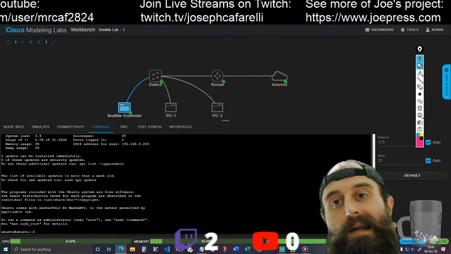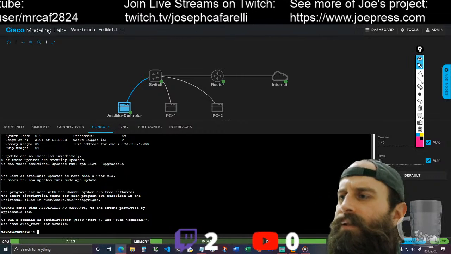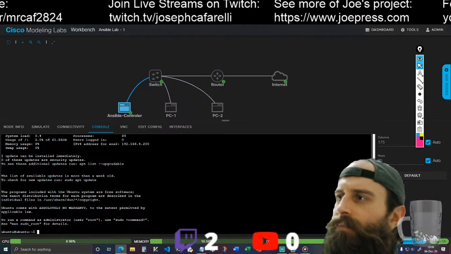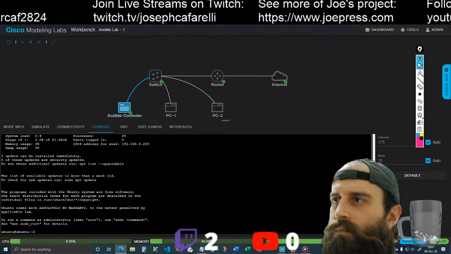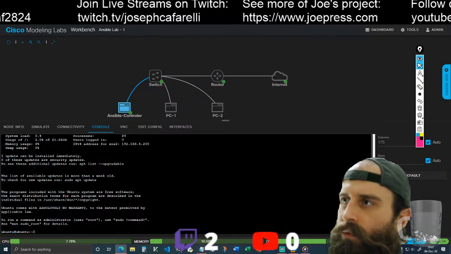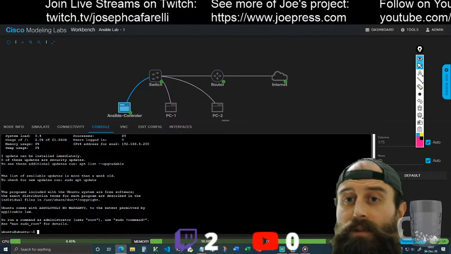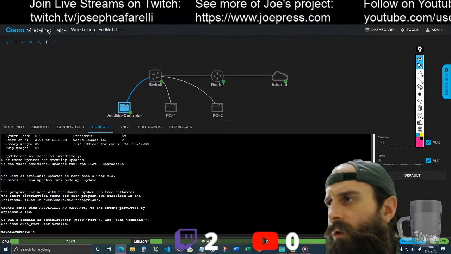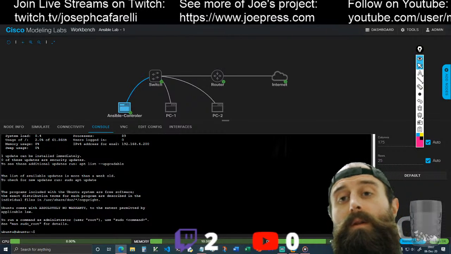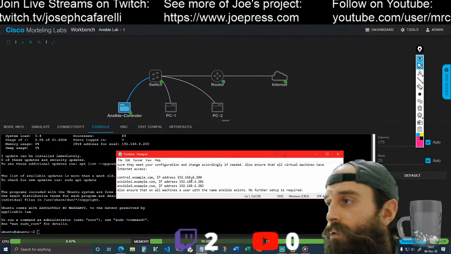Oh, wee! Yeah, sometimes it does that. It's probably just because of the cloud image. I should have waited for it to finish. So, we already got an IP address. Our DHCP server is working, so we got an IP address of 192.168.4.200,